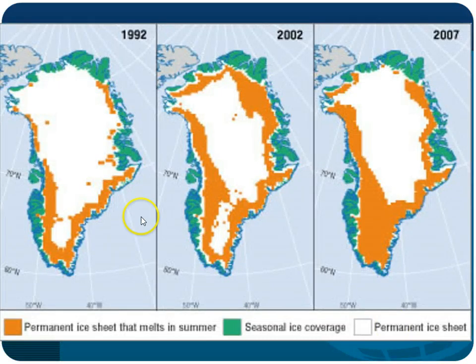Greenland, right? When you're talking about the permanent ice sheet, some of it melts in summer, and that's just part of summer, that you have snow melt. You also have seasonal ice coverage, and you'll notice that the permanent ice sheet that is untouched, that does not melt, is shrinking every year.